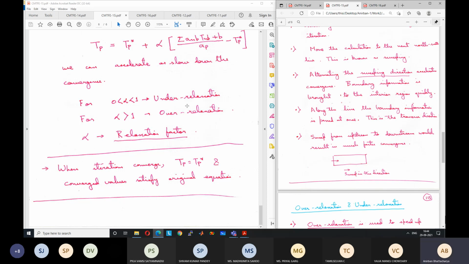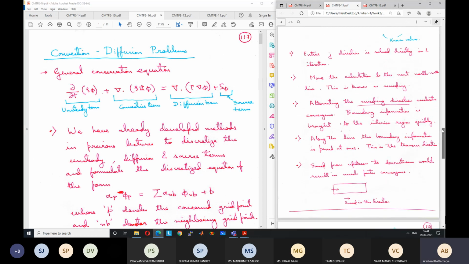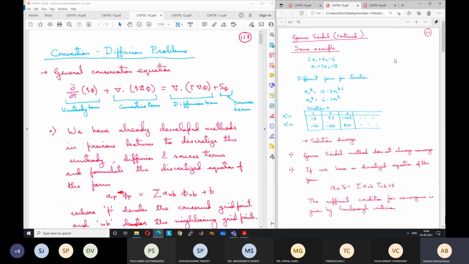If you follow the book by Patankar, which you should do, it's a very good book. We have finished one chapter, and now we will go to the next chapter, which is the convection-diffusion problem. Again, for the CFD students, this part will be very familiar to you. Most of the parts are familiar. The course is exactly similar, but the only part that I have added extra, which I'm going to teach here, is on unstructured meshes, where we did not cover that part. We just had a brief glimpse of what an unstructured mesh is, but we did not go into the mathematical calculus. Those parts we will discuss here. Other parts are more like revision. You can focus more on the projects and assignments.